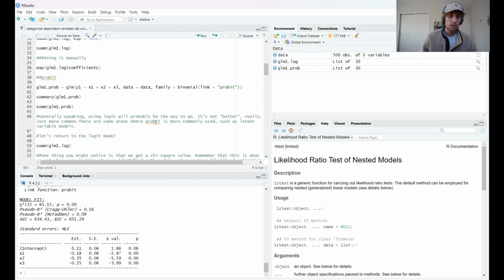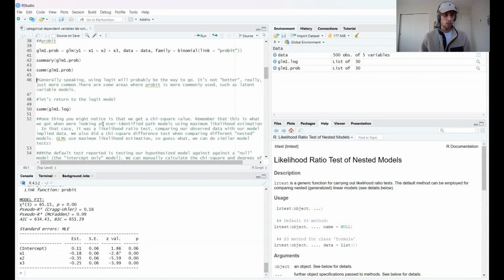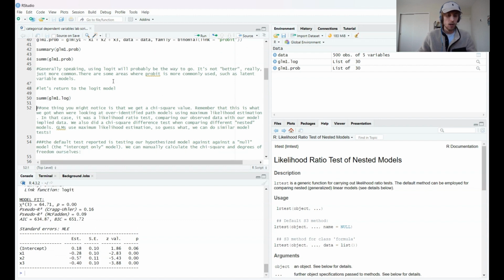For example, I've seen probit as a default linking function in some latent variable modeling approaches, which I'll be getting into in a few labs down the line. But I want to jump back to our binomial model where we used that logit